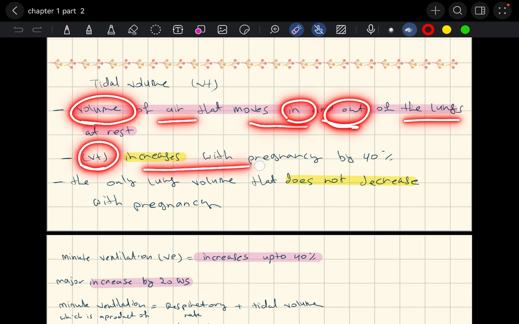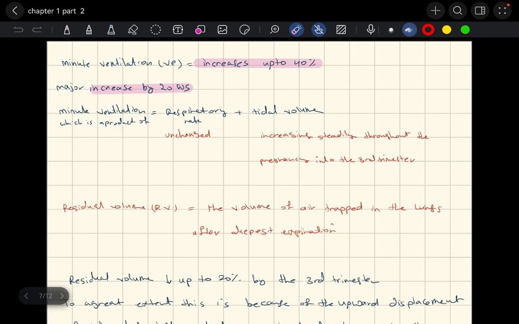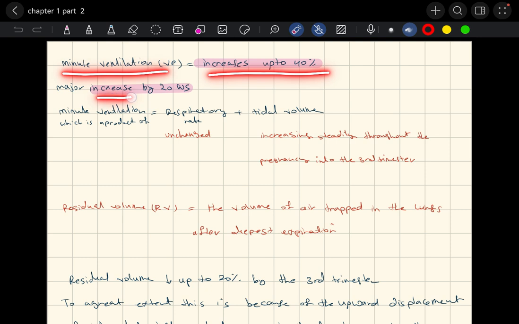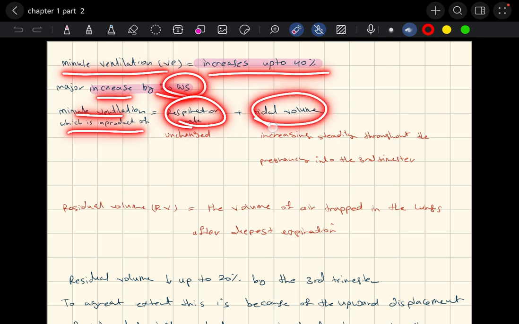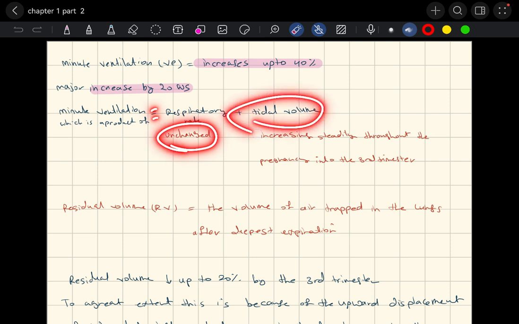Tidal volume increases with pregnancy by 40%. It is the only lung volume that does not decrease with pregnancy. This can be an MCQ question. And here we have minute ventilation, which increases up to 40%, with a major increase by 20 weeks. Minute ventilation is a product of respiratory rate and tidal volume. Minute ventilation is equal to respiratory rate, which is unchanged, times tidal volume, which is increasing steadily throughout the pregnancy